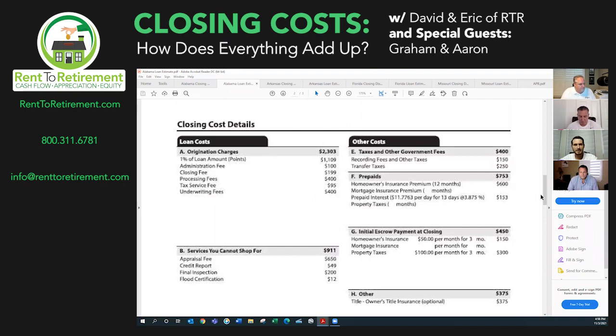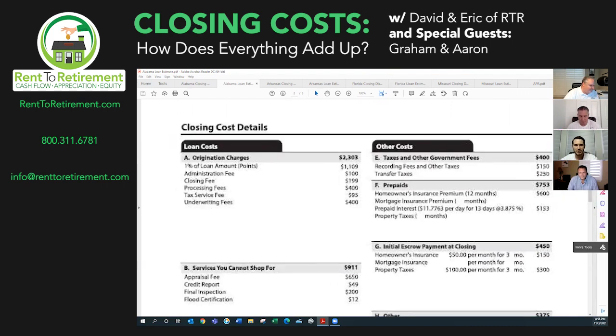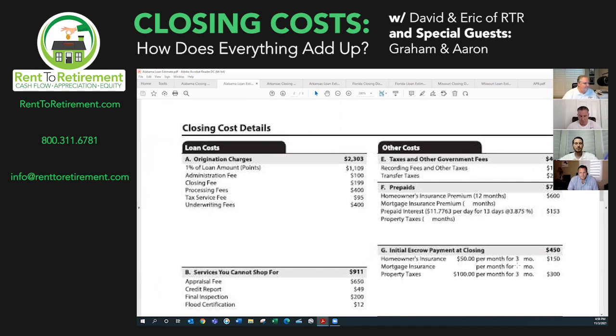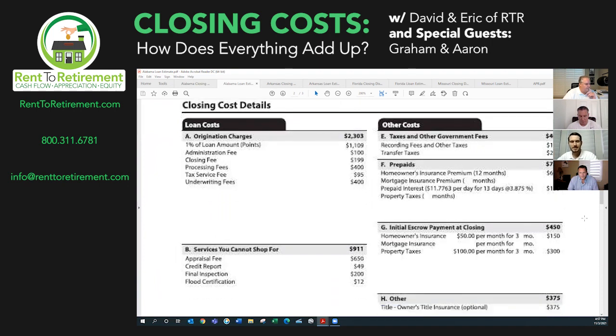Exactly. So briefly, Section E is also all state fees right here. That could include things like recording fees, transfer taxes, things like that. Those will also vary greatly in accordance with the state. So Section E is also kind of lumped together with those title and third-party fees. If you look at Section F and Section G right here, these are everything to do with what we call prepaids or the escrow account. Again, these are still estimated at this point, but they give the borrower a good estimation of what to expect as far as what's going to be collected.